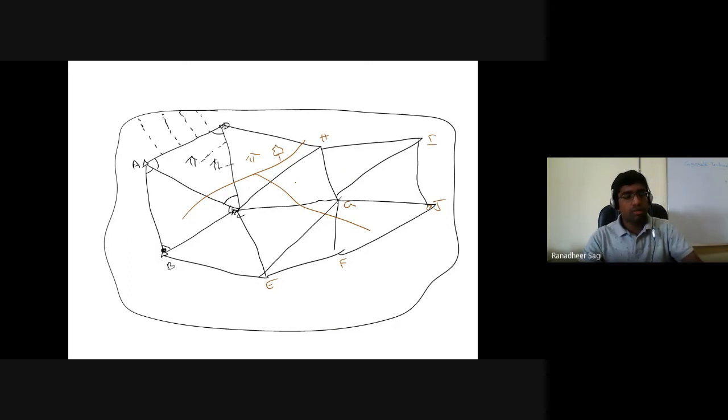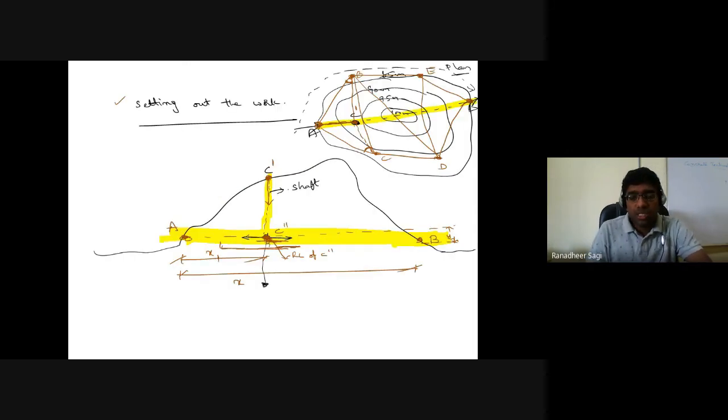Okay, just to give you an idea of what the ultimate purpose of triangulation is: it is to prepare a proper control network for carrying out horizontal control and vertical control. But most effectively, in general, triangulation is widely used for horizontal control. And the other purpose of your triangulation is also for setting out the work.